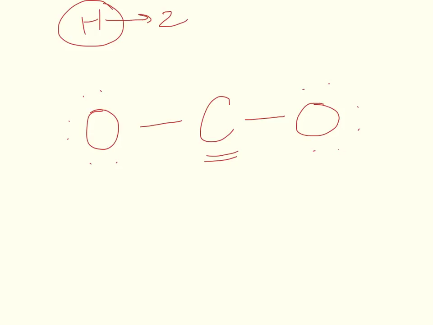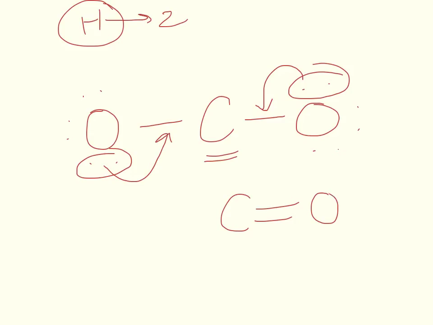So what happens is that one pair of electrons on each oxygen moves in as a double bond. So then if you arrange the electrons like this,